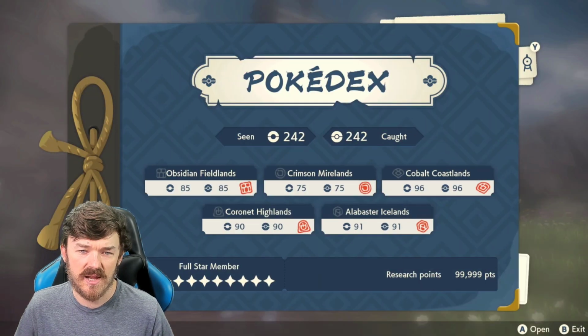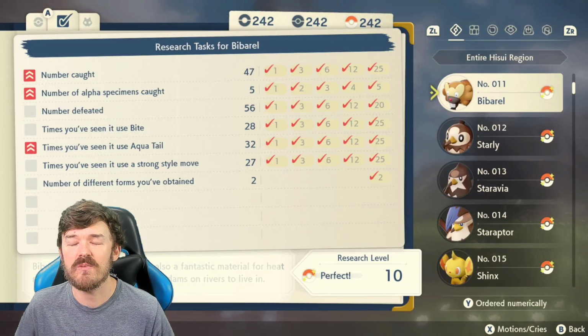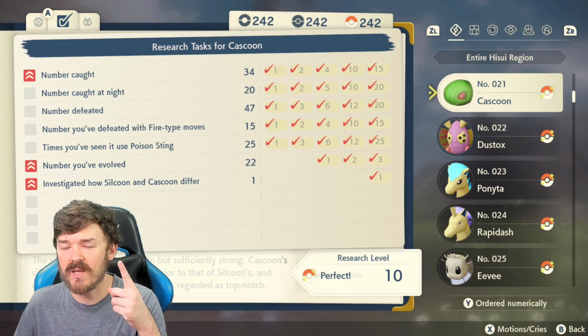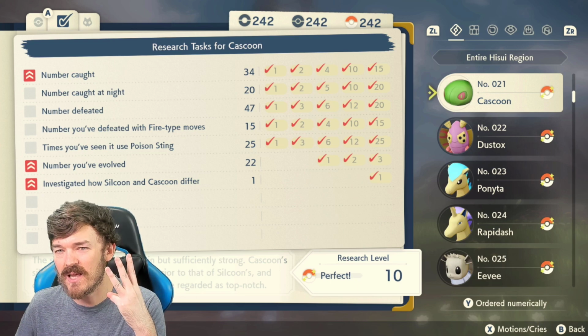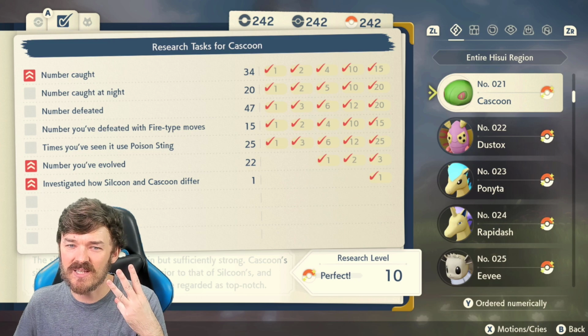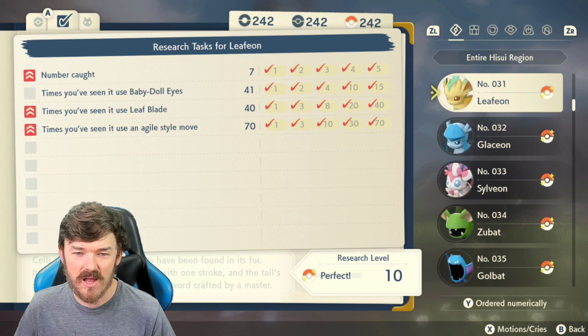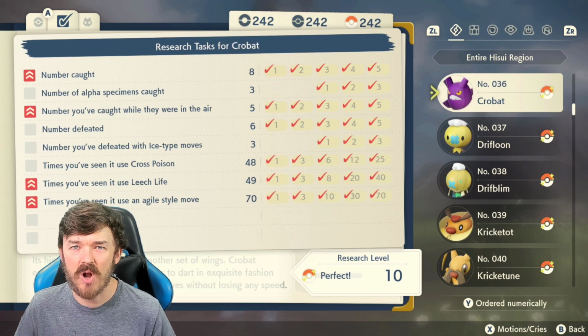Now, another reason I got this done is because it has given me so much more value for my $60 investment in this game. You guys know I played Pokemon Let's Go for over 3 years. Why did I do it? Because I wanted to get the Shiny Living Dex, and I just really wanted to get my money's worth out of that game. $60 is a lot to pay for a game and then put it on the shelf after